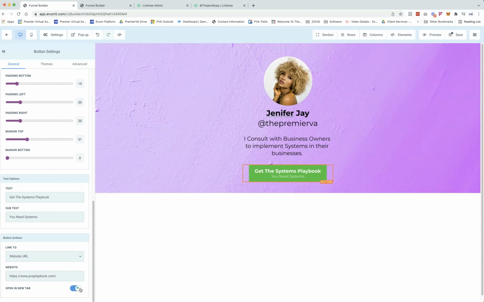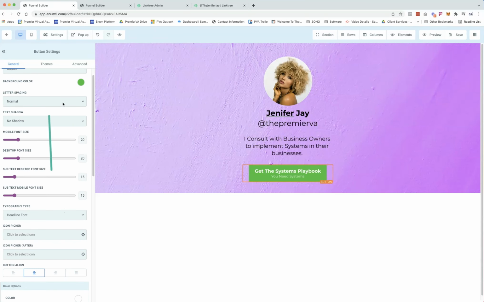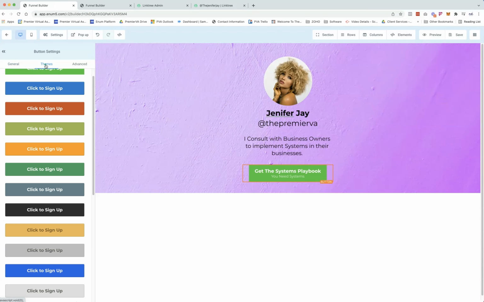And I always wanted to open in a new tab. So I'm gonna click that. So now when they click on this, it's going to go to the new tab. But those of you who know me know that green is not my color. And I like cute stuff. So